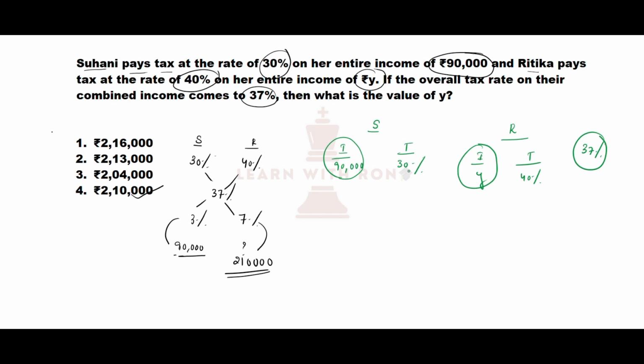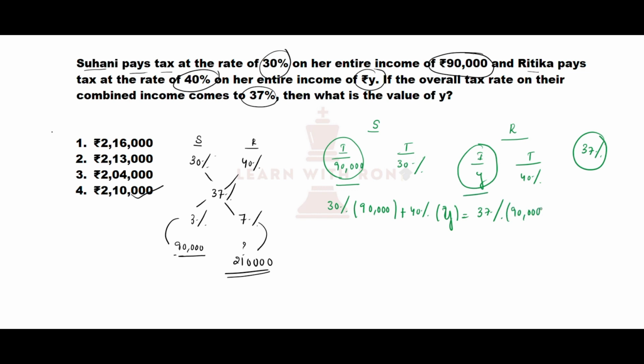Okay, so if we get the equation here, tax of 30% from 90,000 of Suhani's income plus 40% of tax from Ritika's income, which is Y, equals to combined tax from both the incomes of Ritika and Suhani, which is